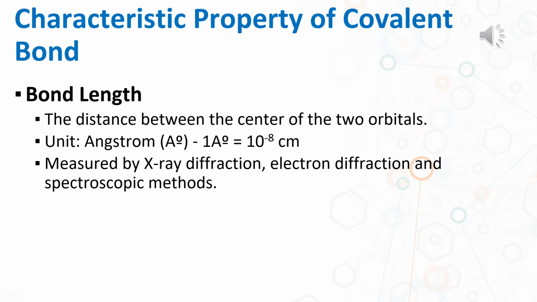While for the double bond carbon to carbon, it is on the middle, or before the last orbital. Therefore it is shorter in terms of bond length, and the shortest in terms of bond length is the triple bond carbon to carbon. Okay,